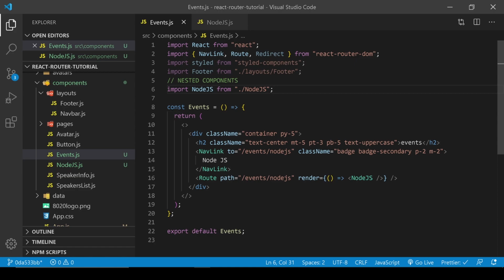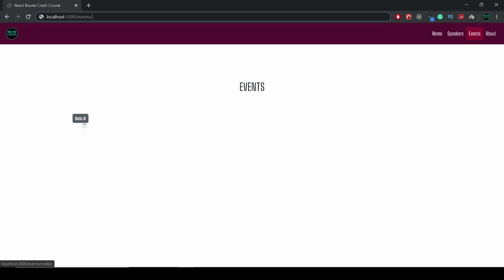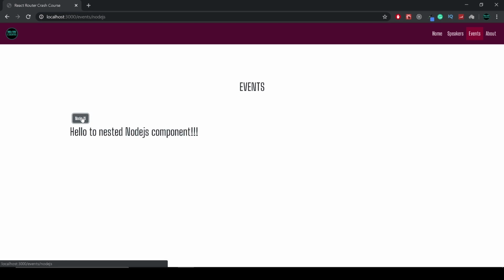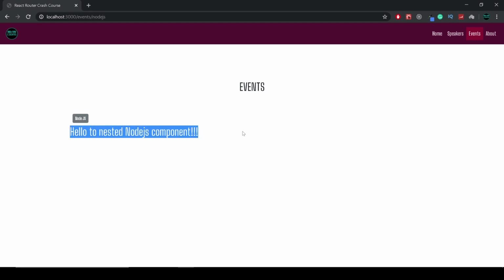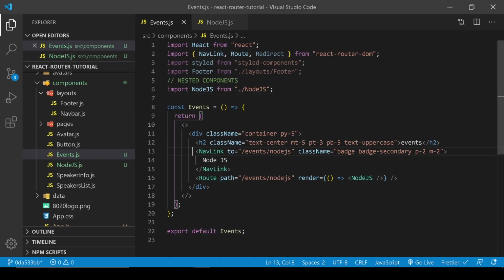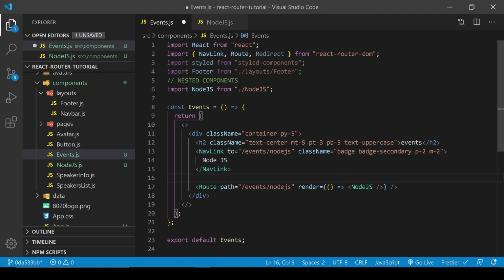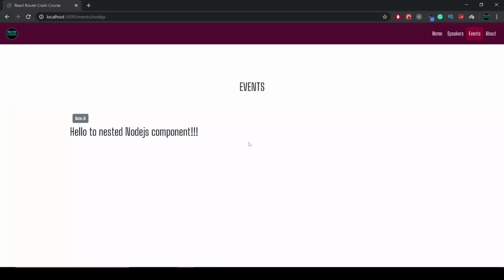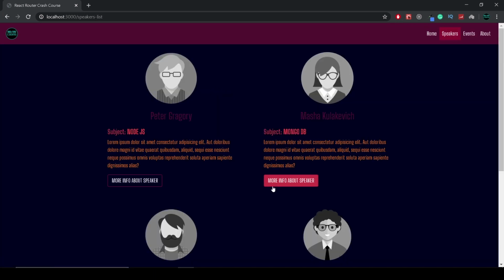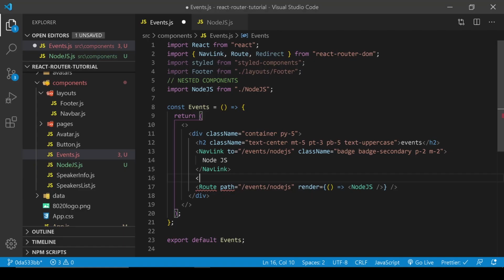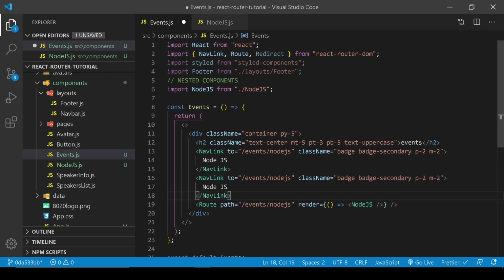I think we're good. Let's see, guys. Yes, we have our link. That's link, hello from nested component. Okay, so that's working. All right, guys, let's create the rest of them, 3 more, and let's copy. I'm gonna copy, and let's add the MongoDB, I guess. Okay, let's add MongoDB. I'm gonna paste, and we're gonna change the route